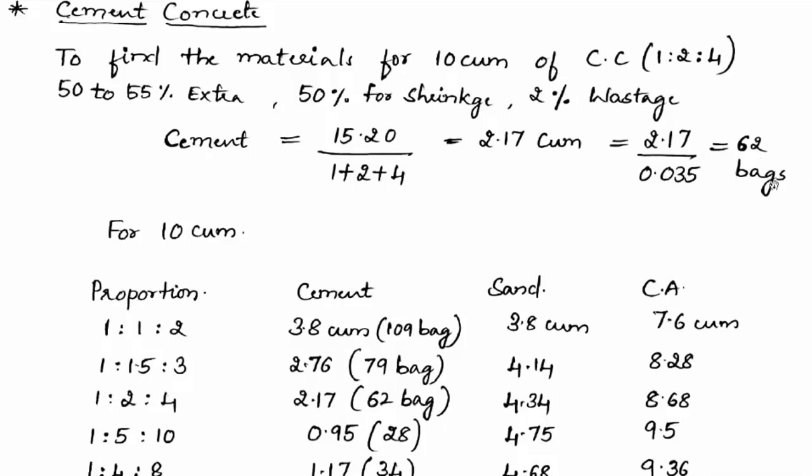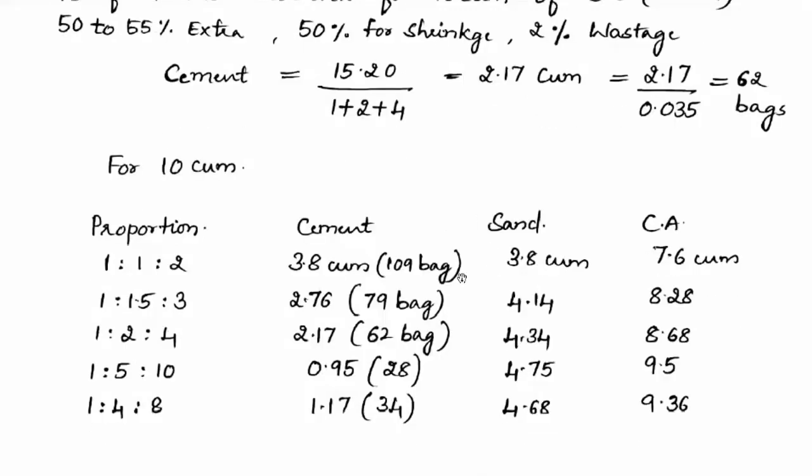So you have to do this and tell the labor. Before the start of the construction work, you should procure that material, and all the material has to be present on the site. Whenever you are going to work on site, you should not have any shortage, right? For that purpose, on a day-to-day basis, if you become a site engineer, this calculation is required. It is very essential, right?